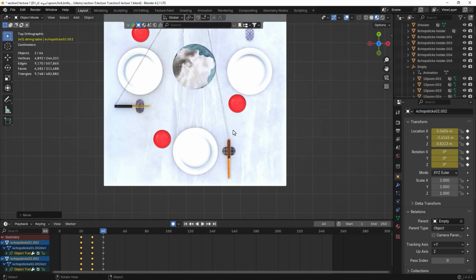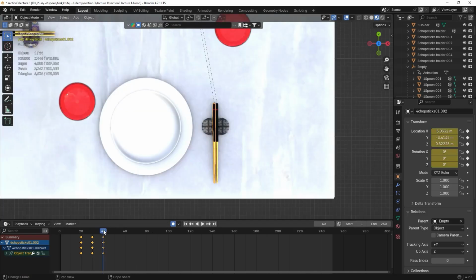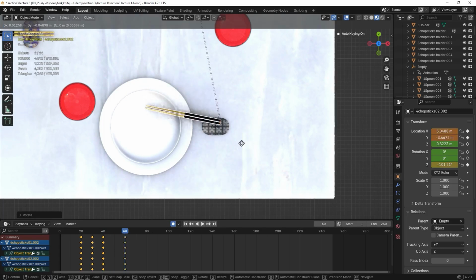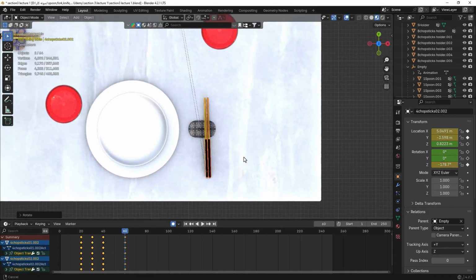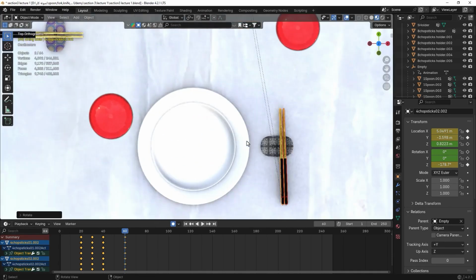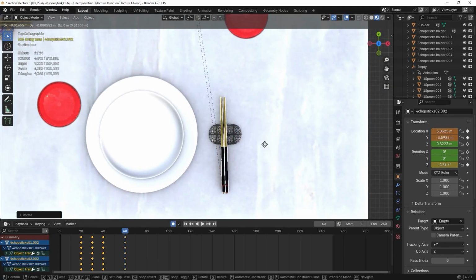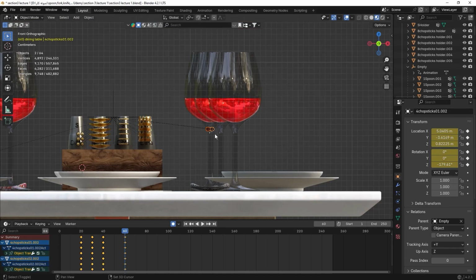And now we place the playhead on frame 60 and select the chopsticks and rotate them around 180 degrees in the Z direction and to fix it. We create keyframes for their location and rotation,